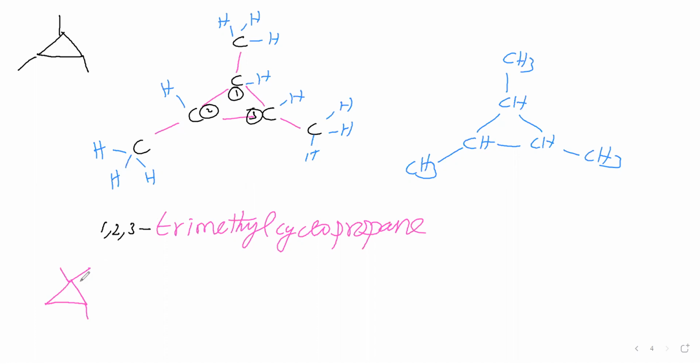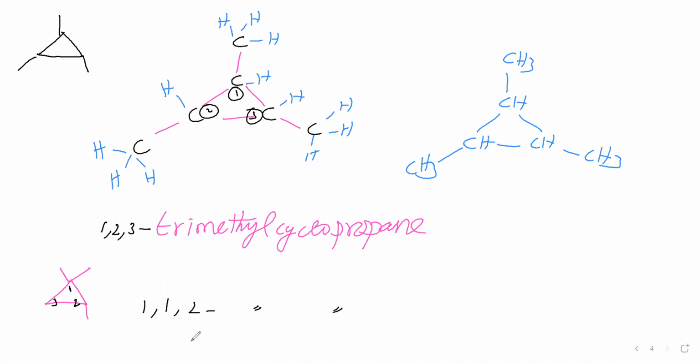Now you see this one. Can you say the position alone? What position will you say? Here we said 1, 2, 3 trimethyl. What do you say here? To this carbon we will say number 1. To this carbon number 2 we have to give, the right side carbon only. Left side carbon number 3. So for this methyl group position is 1. For this methyl group position is 1. For this methyl group position is 2. Therefore, we will call 1,1,2 trimethyl cyclopropane the name for this compound.